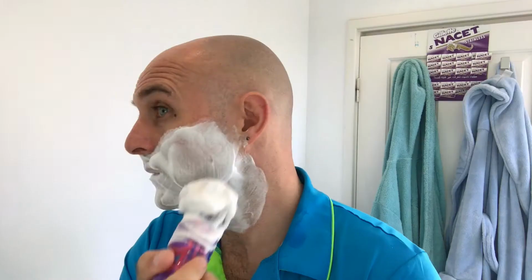I just think a lot of the time you struggle to get the best properties out of the soap. I think sometimes you lose a bit of the cushioning, or you lose the slickness, or you lose the scent. You don't ever seem to get everything out of a sample, in my opinion, and it annoys me because I think I've tried soaps